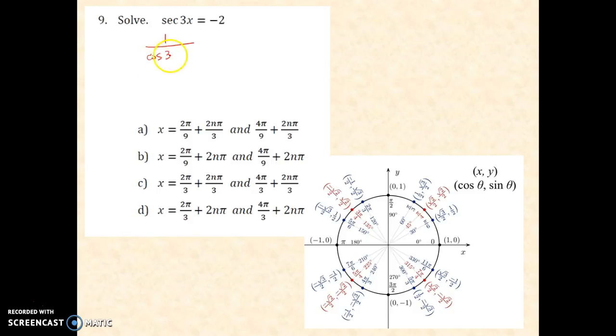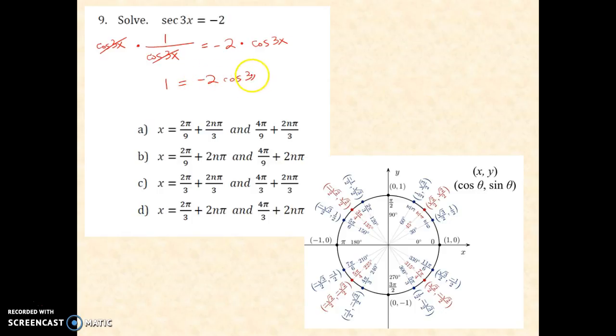So 1 over cosine of 3x equals negative 2. So if I was to multiply both sides of this equation by cosine of 3x, these would cancel and I get 1 equals negative 2